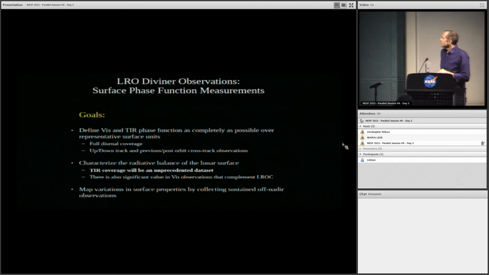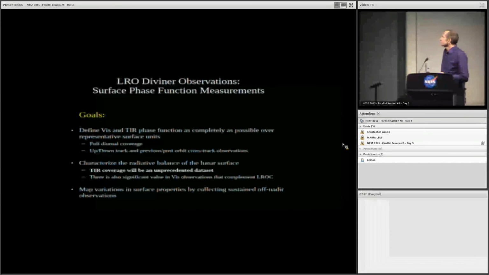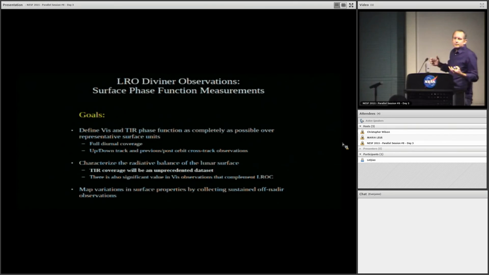So the two observation types are pretty complementary, and both are being collected by Diviner. Specifically, what I'm calling these surface phase function measurements, where we're looking at a surface from all these different angles, we're starting to collect these data, and we've got a couple of goals here. First off, as I've been saying or implying, we want to define the visible and the thermal infrared phase function as completely as possible over representative surface units with full diurnal coverage, and we can point at a surface both up and down track, as well as cross track, using previous and post-orbit observations. And what this will accomplish is it'll